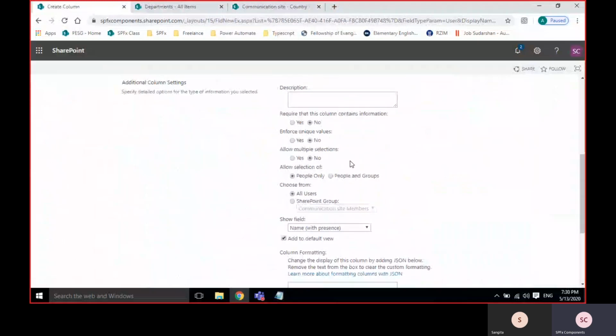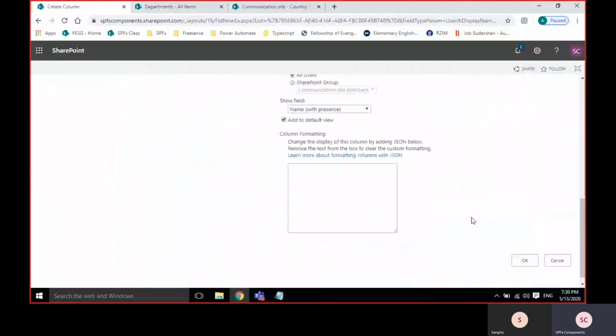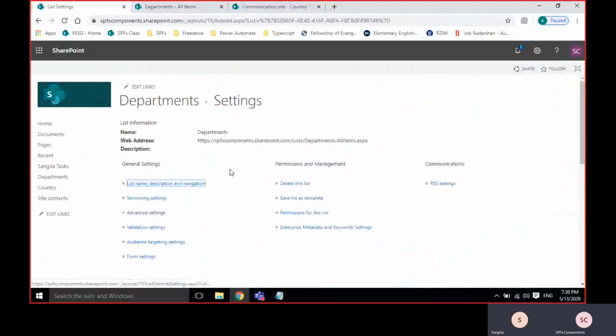I am taking Person. Group comes later; groups is one more concept and it comes under the permissions part. As of now, I'm taking people only. Group means multiple people in the same group. You know Active Directory, right? Active Directory groups will be there. The same concept is available here, but it is covered under the permissions concept.